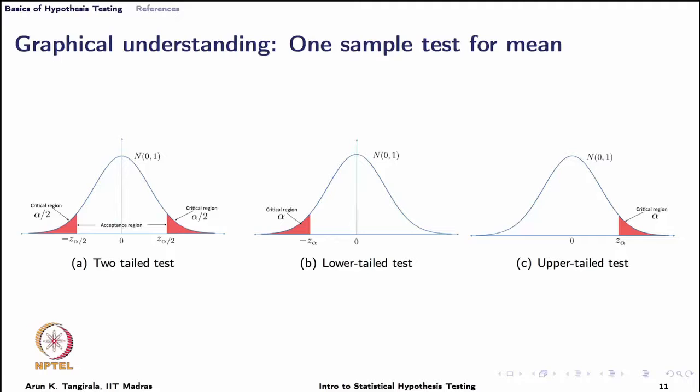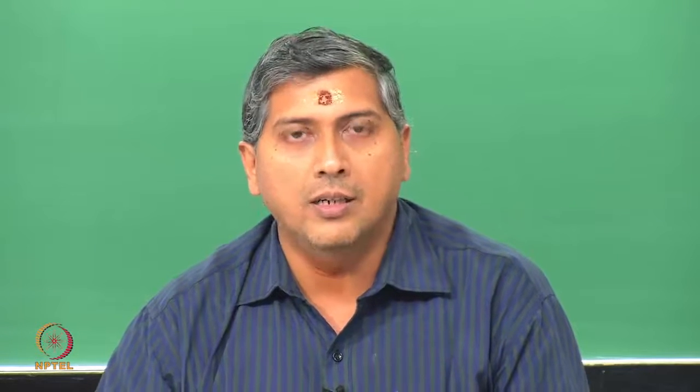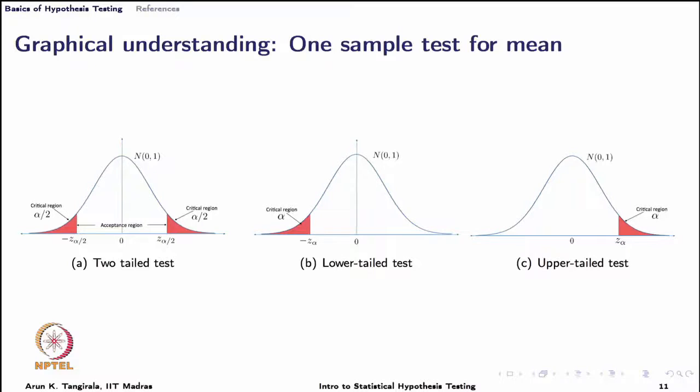In any other software package, it may be different. So, you have to watch out. As far as R is concerned, Q norm will give me the value on the x axis for the probability that this random variable takes on any value from the left extreme up to that value.